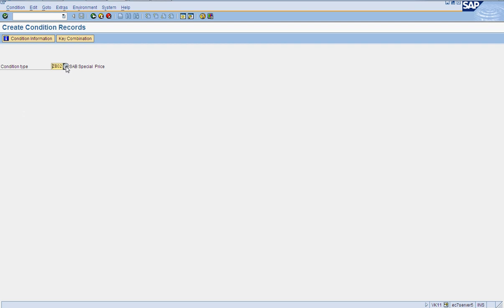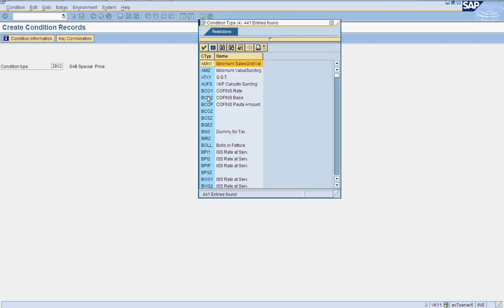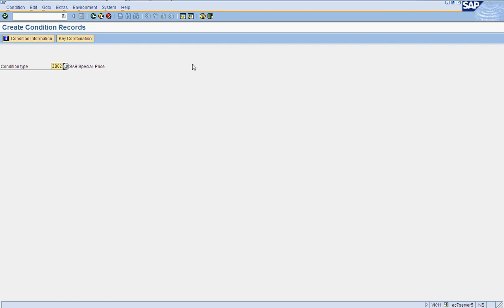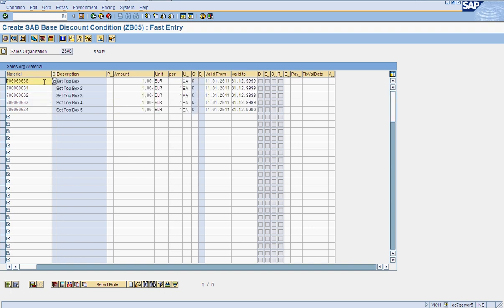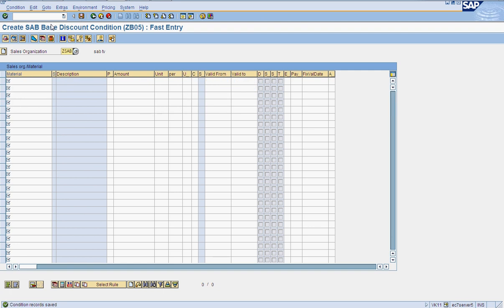Let's set up our third condition, that is our discounts, base discount as well. This is base discount for materials. I'm giving 1 euro as my discount. Save it.